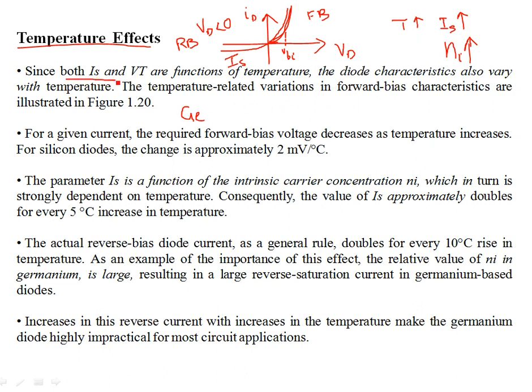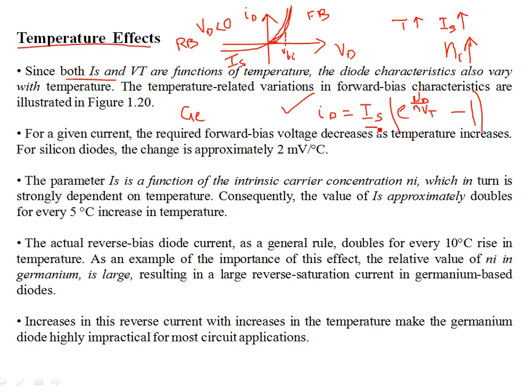Okay, so one parameter is the reverse saturation current. If you recall the relationship that we discussed last time, the diode current was in terms of the reverse saturation current IS, and then we have an exponential, and that was in terms of VD and we had an ideality factor N, minus 1. And let's see if we are missing something over here. Yes, we have VT, the thermal voltage, as well. Okay, so if you look at this expression,